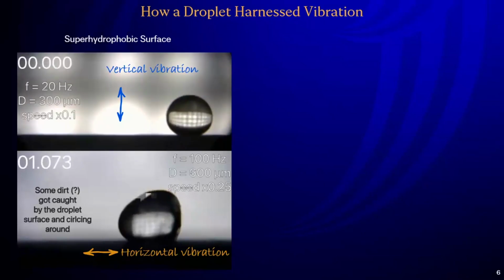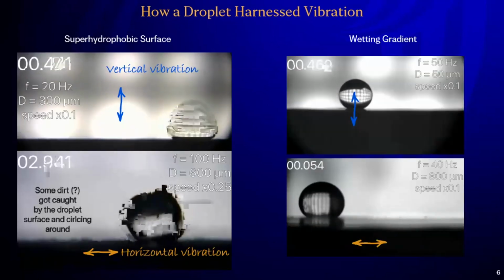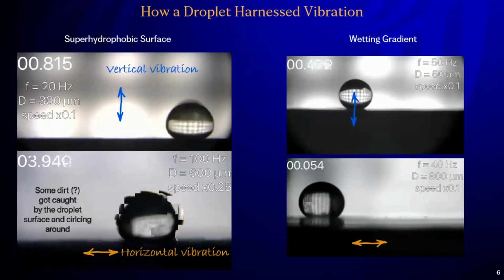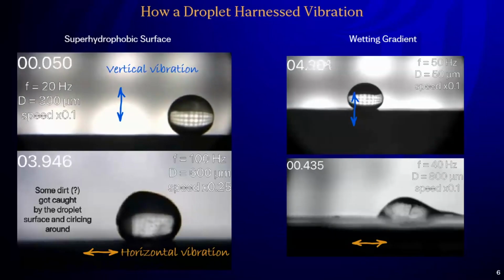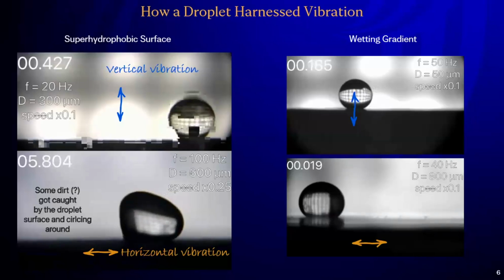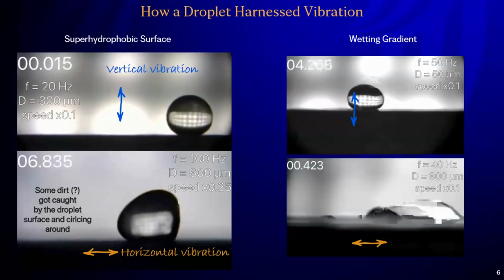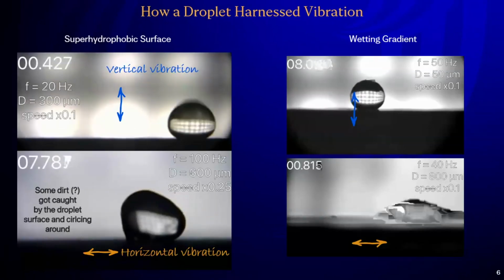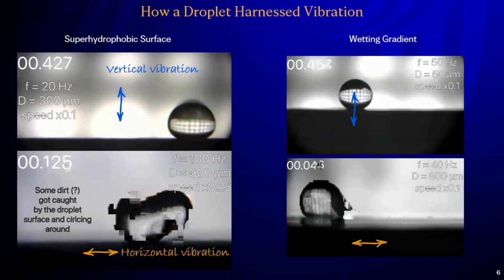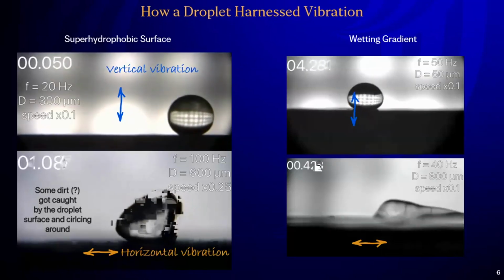And that's finally where our wetting gradients step into the picture, because if we put in a gradient and start shaking, then with vertical vibration, yes, the droplet is jumping, but it's always going a little bit to the side, a little bit to the side, and finally going away. For horizontal vibration, it's even more fascinating. Our surface starts moving, picks up the droplet on one side of the gradient, and throws it to the other side of the gradient. Fantastic.